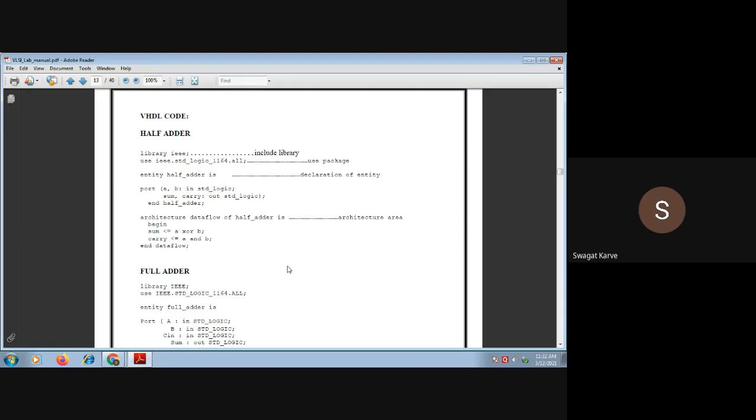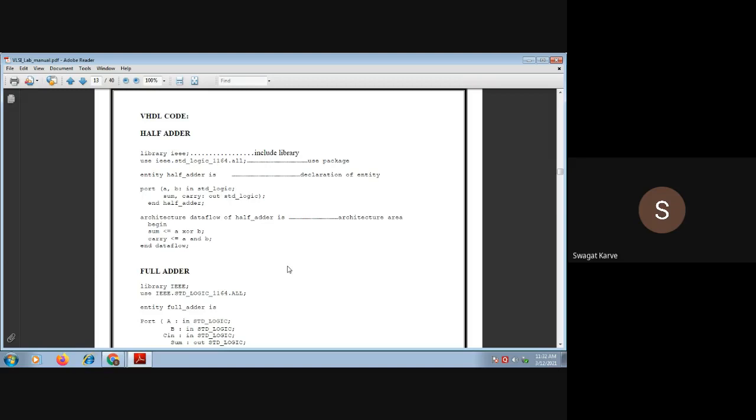So before starting with the entity, you must specify the libraries that you are going to use. After the library, you must specify the entity, and after the entity you can specify the architecture. In the architecture, you can go for a behavioral style, data flow style, or structural style.